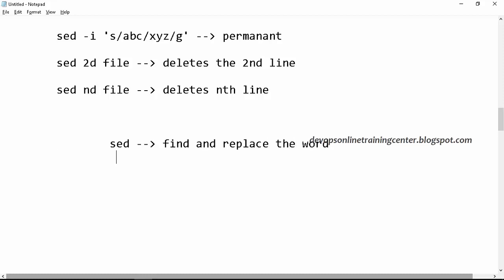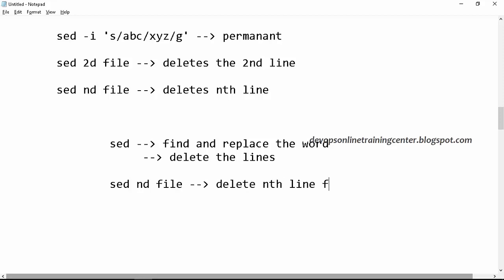So sed can also be used to delete lines from the file, right? So if you want to replace a particular word, the syntax is substitute. If you want to delete a particular line, sed nd and the file name. So this will delete the nth line from the file, right?